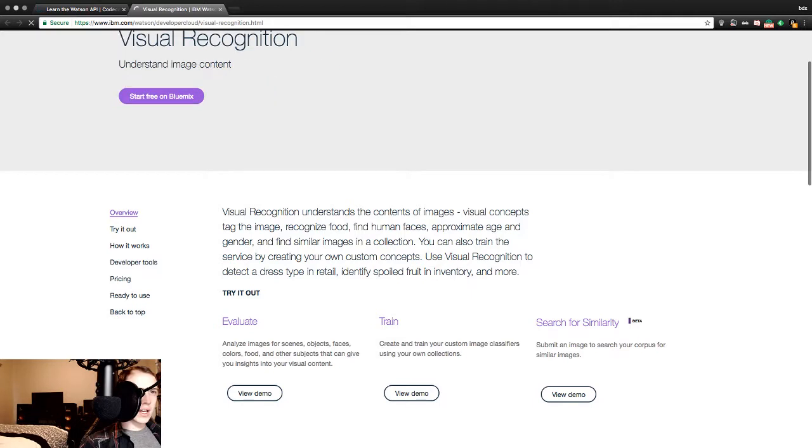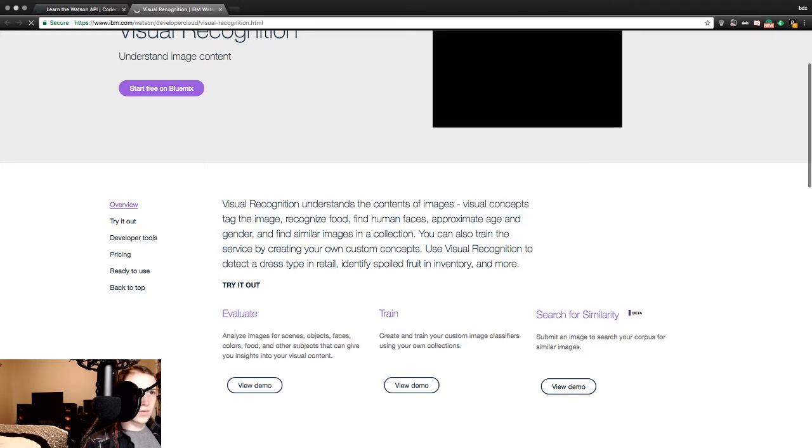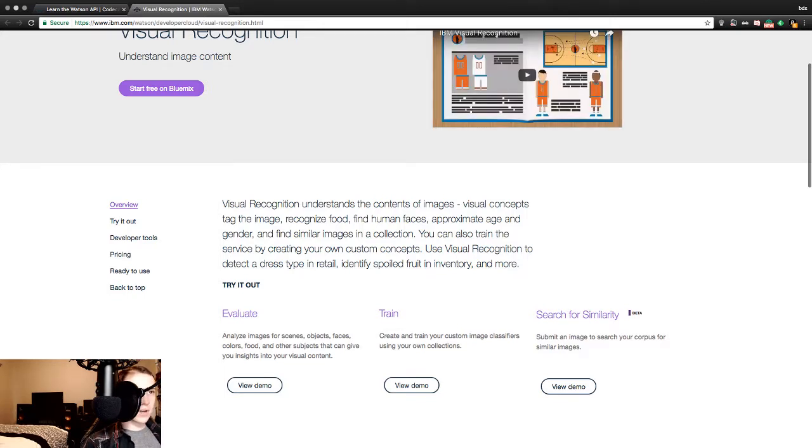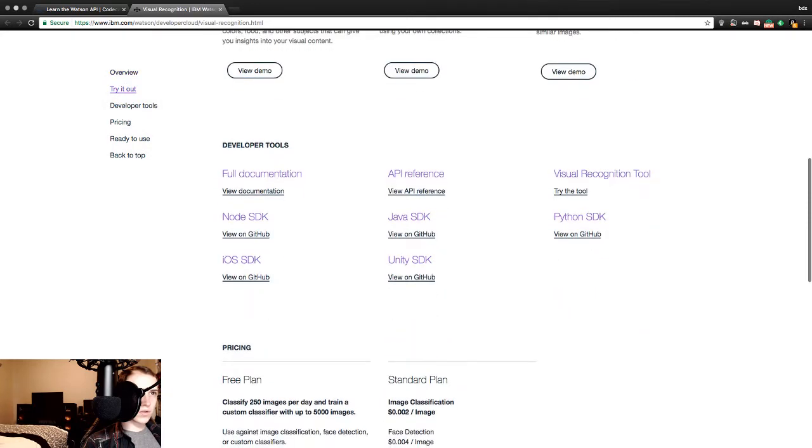Visual recognition understands context of images, visual concepts, tag the image, recognize food, find human faces, approximate age and gender, find similar images in a collection. You can also train the service by creating your own custom concepts. Use visual recognition to detect address type in retail, identify spoiled fruit in inventory, and more. Evaluate, train, search for similarities, developer tools, full documentation, API references, visual recognition tools, Node,